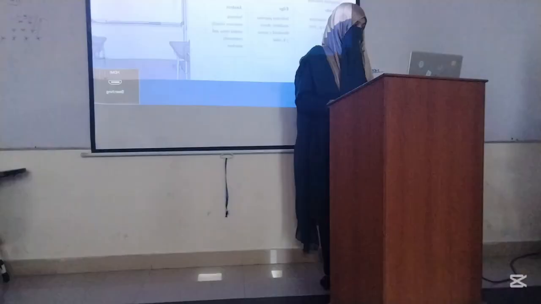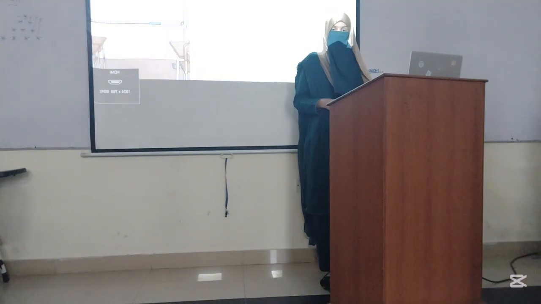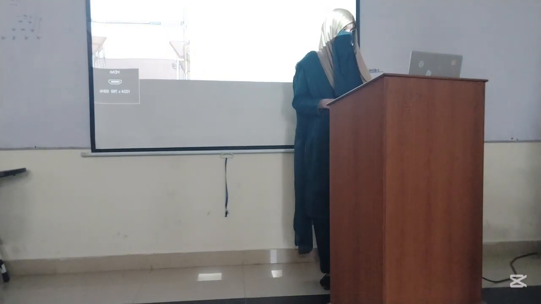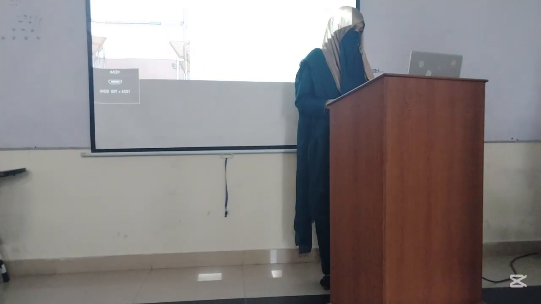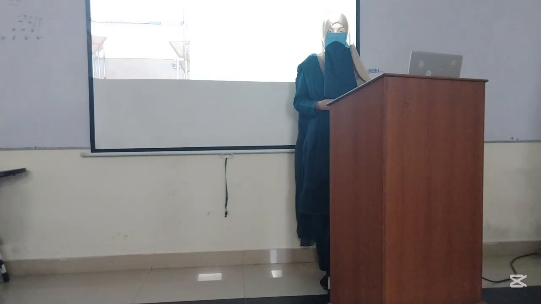Moving on to the next slide, we model the system as a graph G equals (V, E), where each node represents an item and E represents similarity between two items. Graphs are built separately for each year to compare patterns over time.